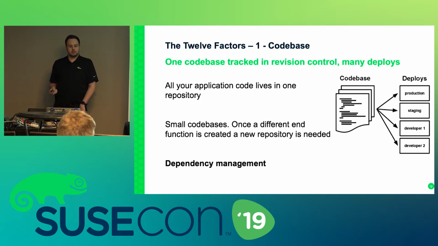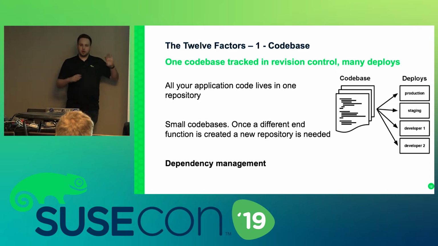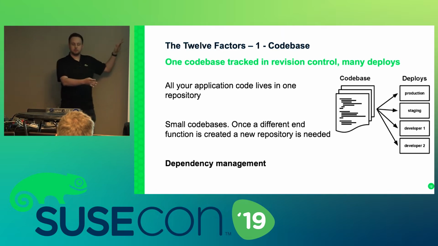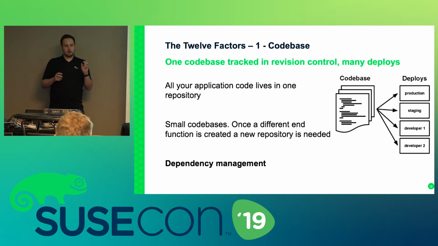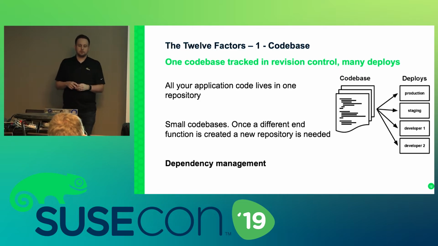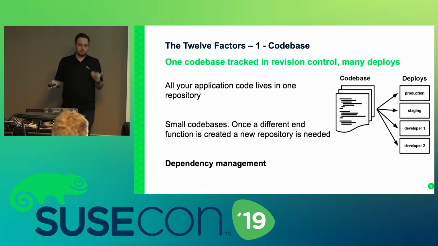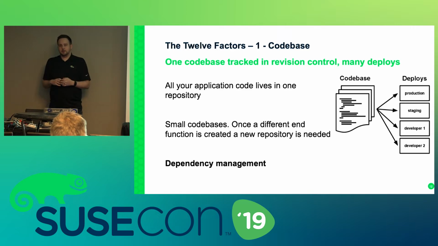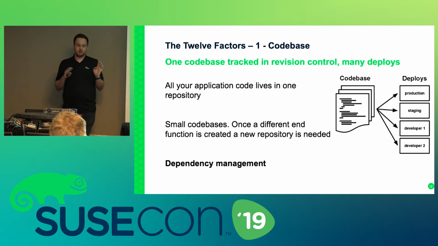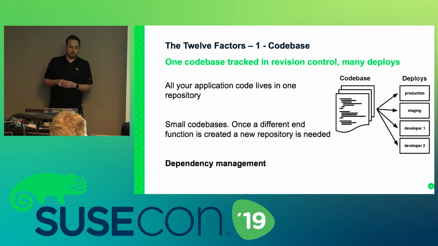The idea behind this factor is that there is a single code base for an individual service. Now, when I talk about app, I don't actually mean the whole Uber solution. That's actually a solution. When I say app for the next 12 factors, I mean that individual payment service or that individual web front end. And you'll see why as we work through. So the individual code base for our payment service should live in source control, be that Git, Subversion, CVS, whatever. As long as it has some kind of source control, you're on the right track.